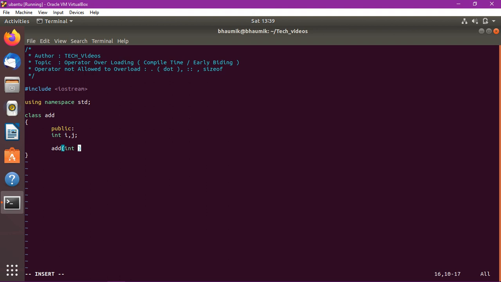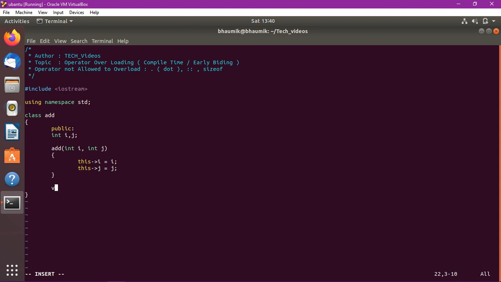In the constructor we will pass two variables, so these values are filled by the constructor.